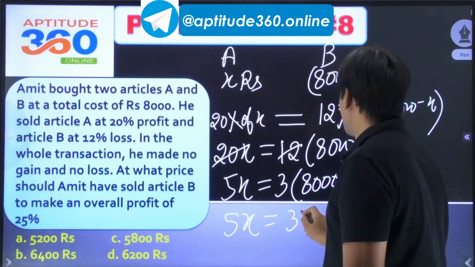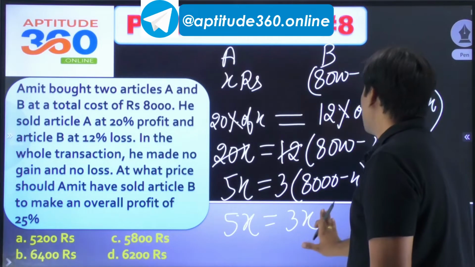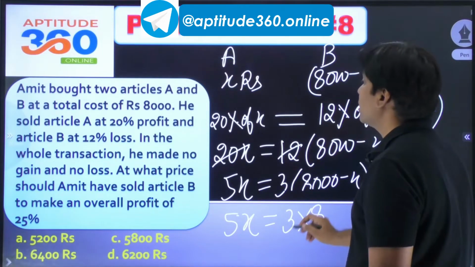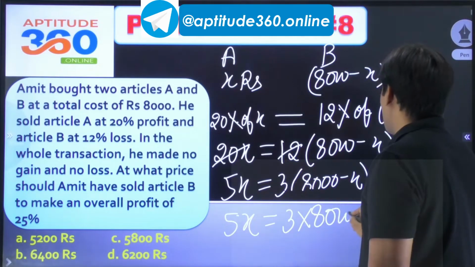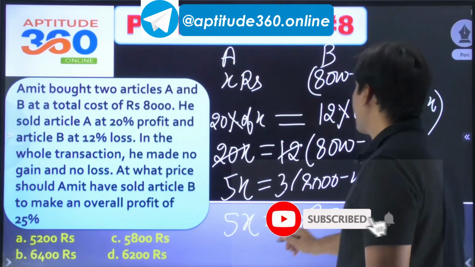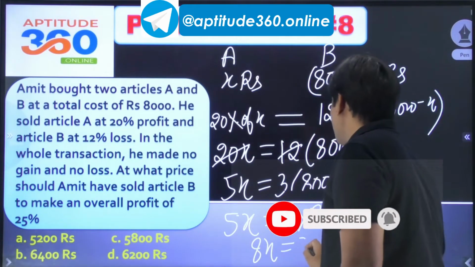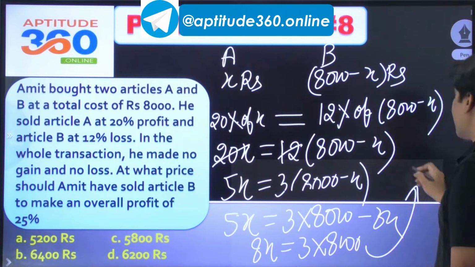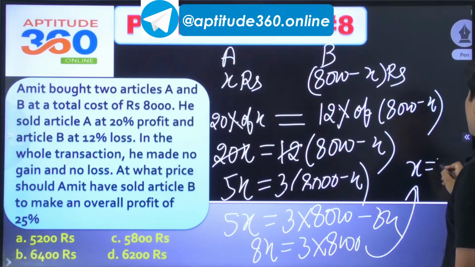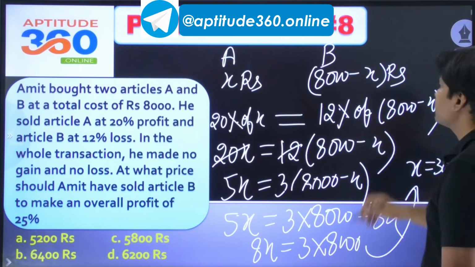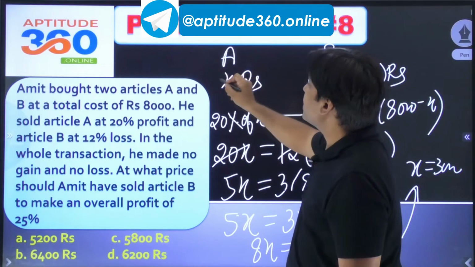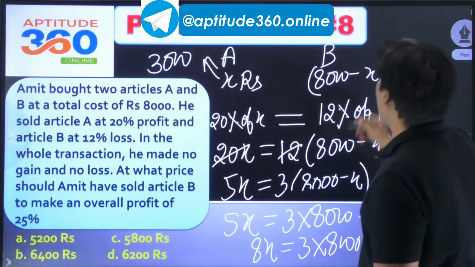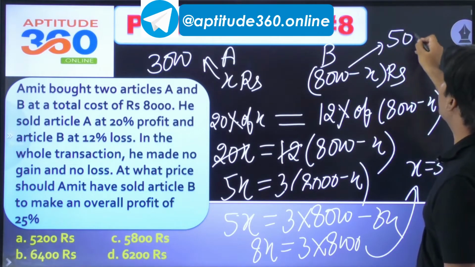5x is equal to 3 into 8000 minus 3x. So this is going to be 8x is equal to 3 into this value. Simplify करके देख लो. What is the value of X? The value of X is coming out as 3000. So what is the price of the first item? The price of the first item comes out as 3000, and hence the price of the second item will become